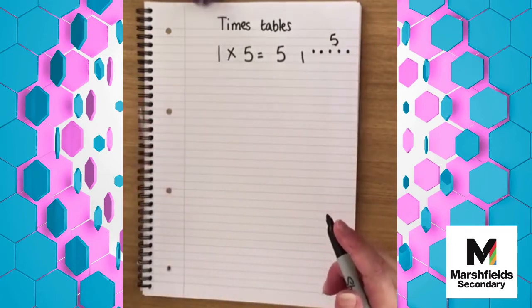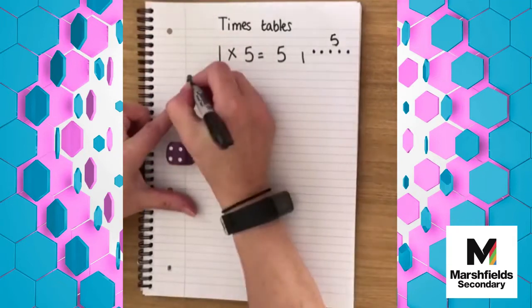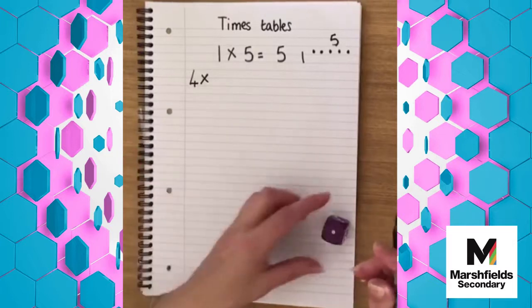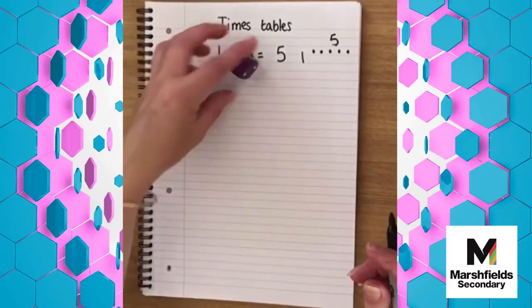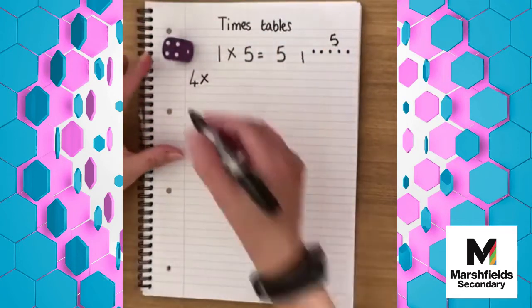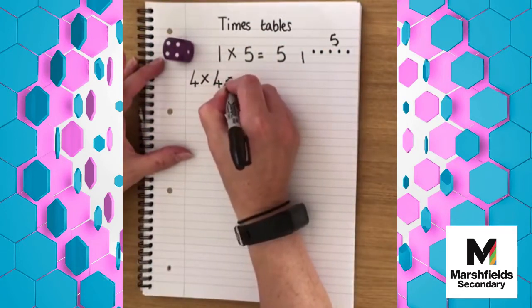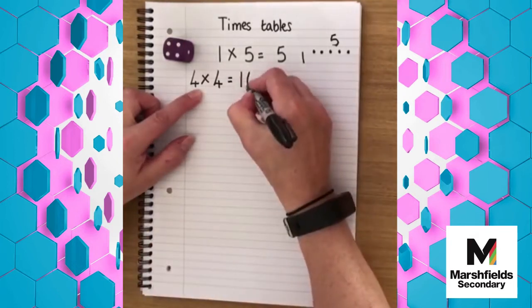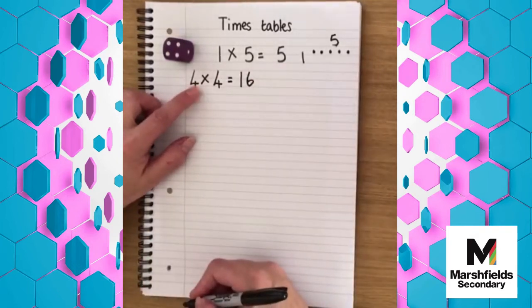Let's try and get a different number this time. 4. Oh, 1 again. Let's roll again. I'm trying to give you an excitingly different number and it's not working. 4 times 4, there we go. Some of you will know this off the top of your head. If you do, great. If you're not sure, all you need to do is know how to work it out